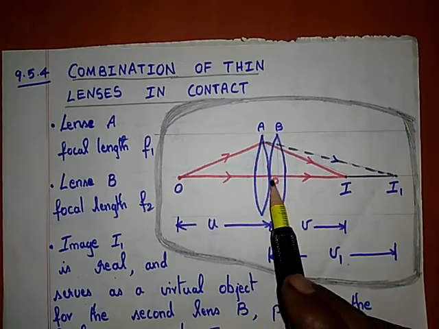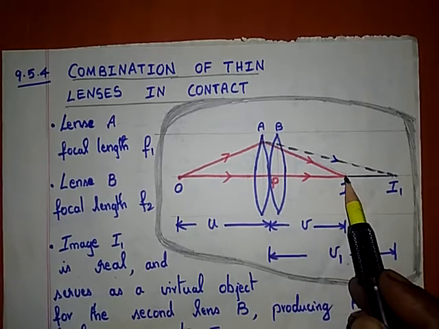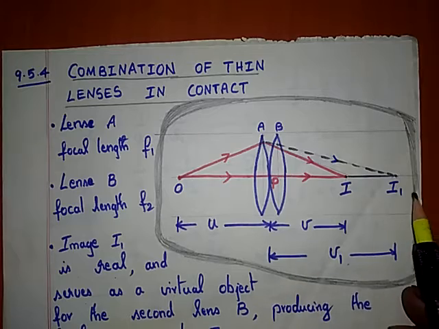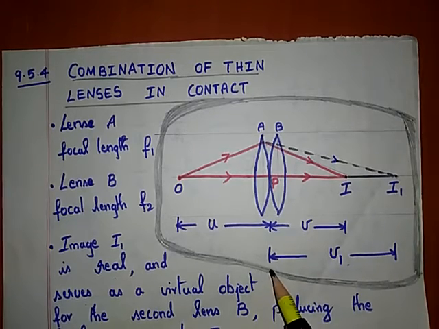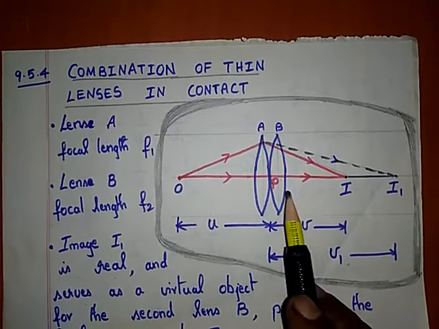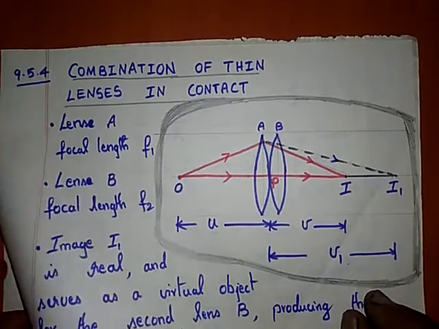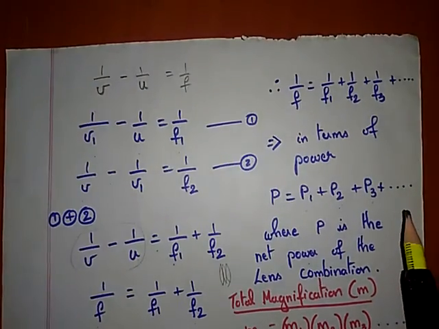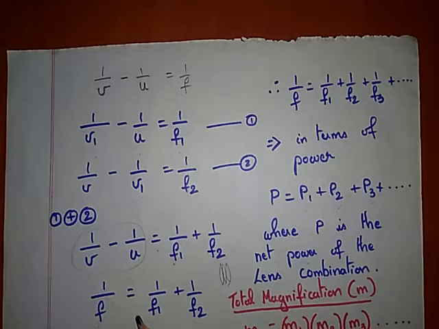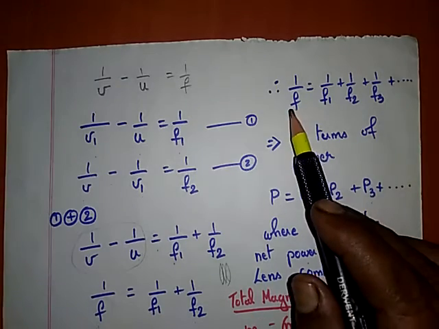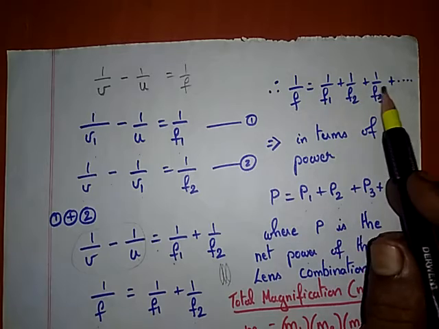So the distance here is U and this is V, final image distance is V, and the image I1 is at distance V1 from P. So finally we got the answer as 1 by F is equal to 1 by F1 plus 1 by F2 if it is two lenses,